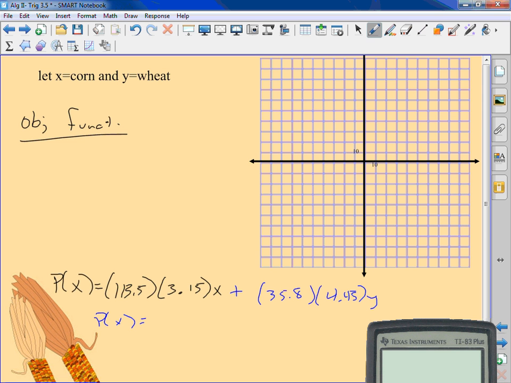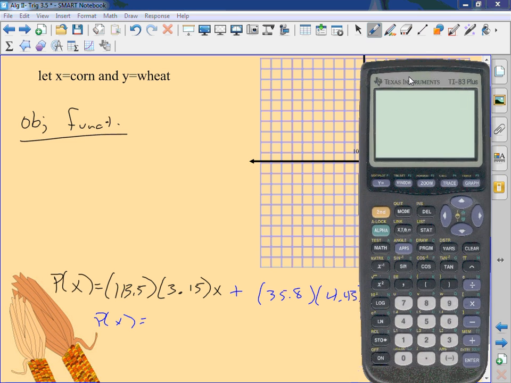Now use the calculator. 113.5 times 3.15. So I have 356.39x plus 35.8 times 4.45. And I get